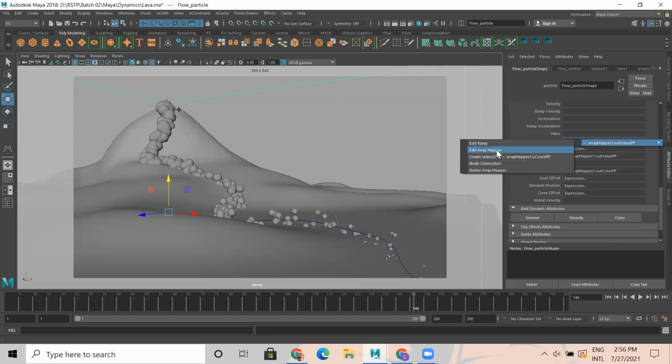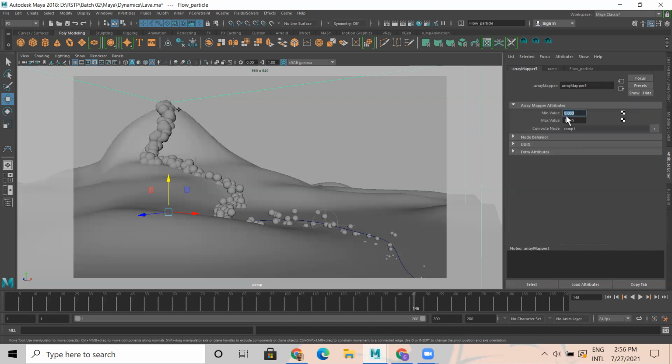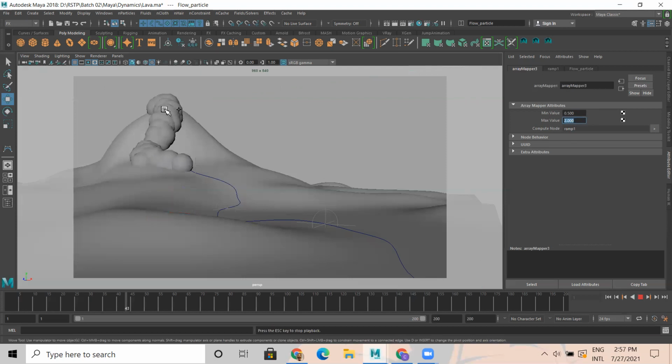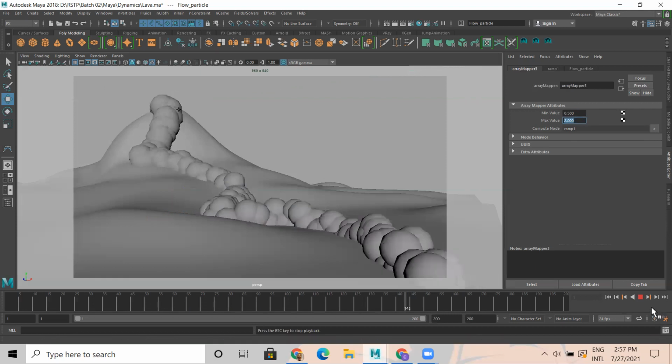You have array mapper, edit array mapper. This is the minimum value, and this is the maximum value, thickness. I want minimum value to be 0.5, maximum value to be 2. So now see, it's thick here, and while it travels, it's 0.5 here.